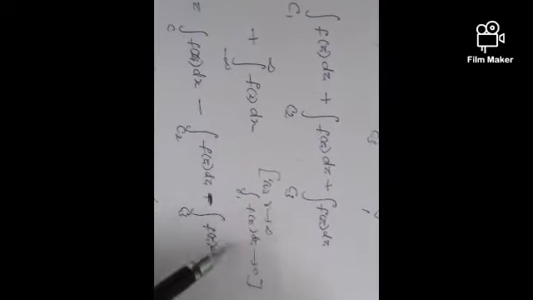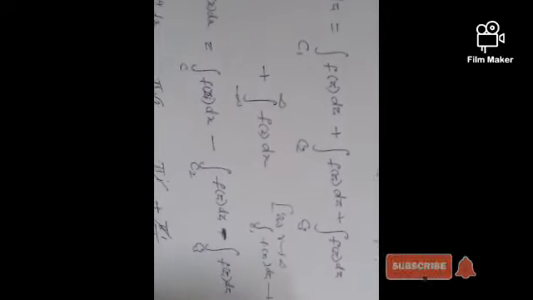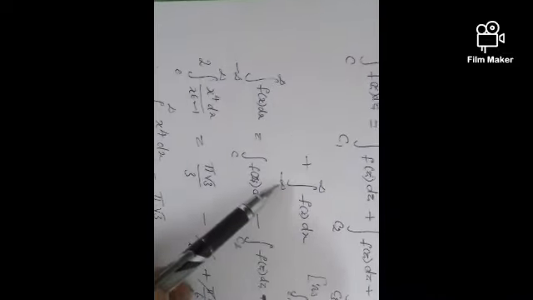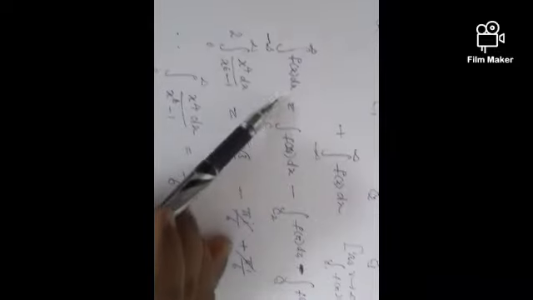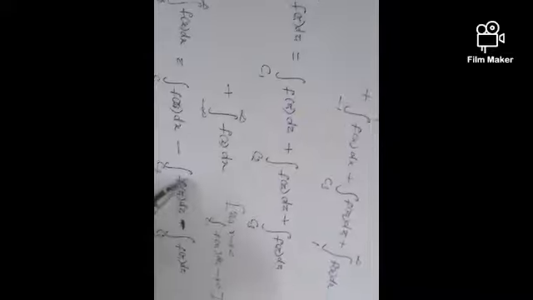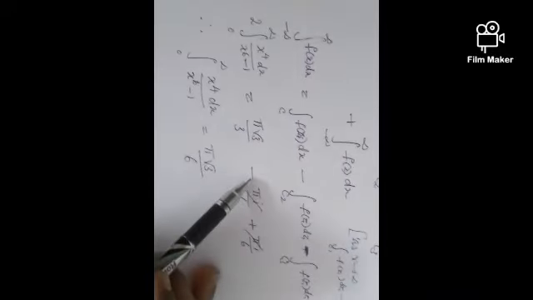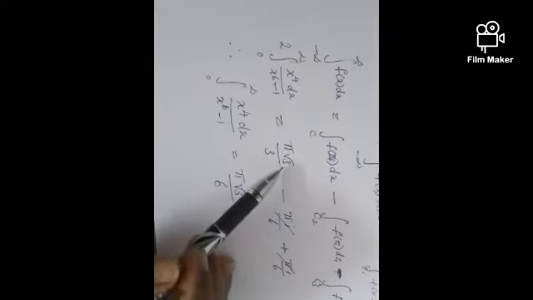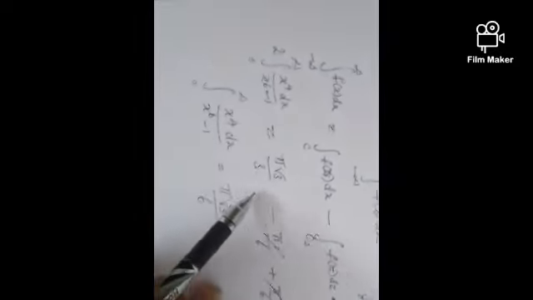As r tends to infinity, the integral over C1 of f(z) dz tends to 0. Therefore this term is 0. Therefore the integral from minus infinity to infinity of f(x) dx is equal to the integral over C of f(z) dz minus the integral over C2 minus the integral over C3. Substitute these values: the integral of f(z) dz is π√3/3 minus πi/6 plus πi/6, eliminating these terms. Therefore we get π√3/3.